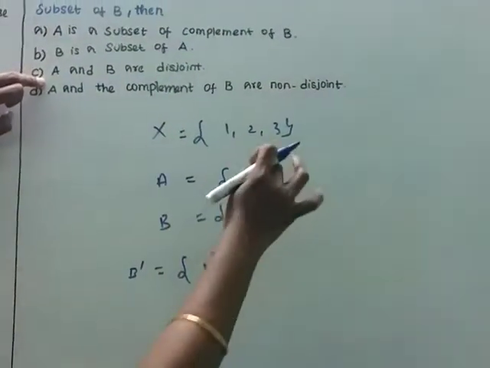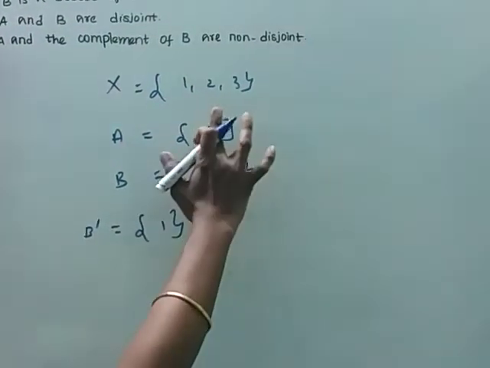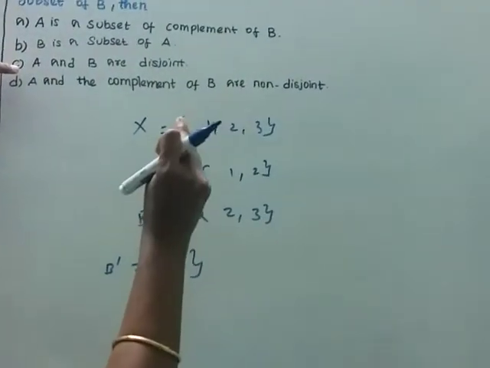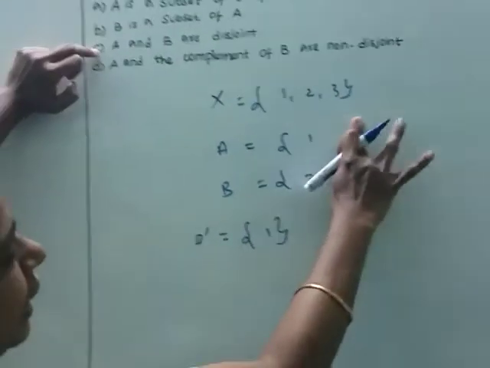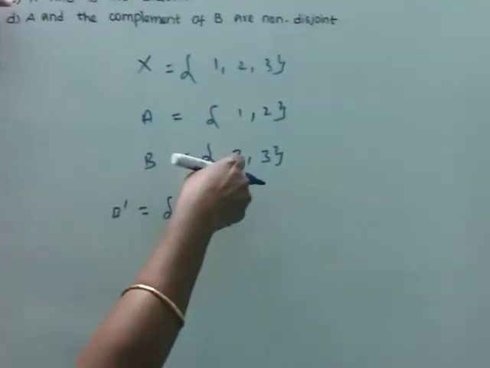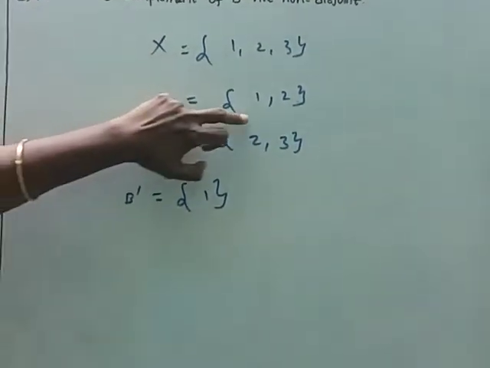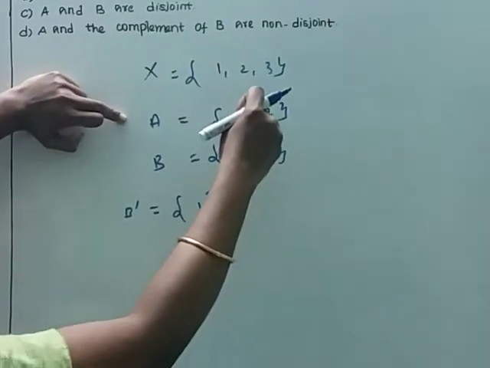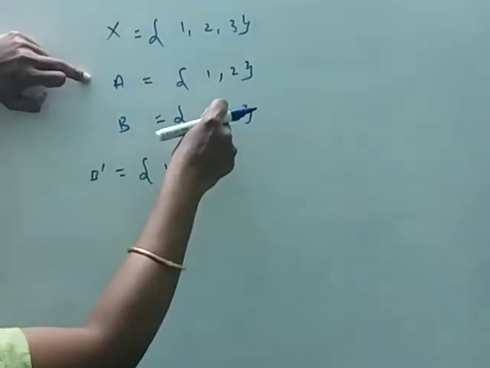A and B are disjoint. That is, A you are having {1} and we can assume that A has {1, 2} also. We are having the choice. So it is purposely that A and B should be disjoint. That is compulsory. Okay, so if we take A as {1, 2}, then A is also not a subset of B only. And A and B are disjoint means A intersection B is equal to the empty set. Here A intersection B is {2}.